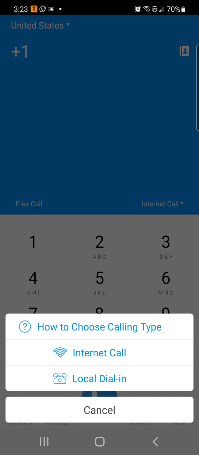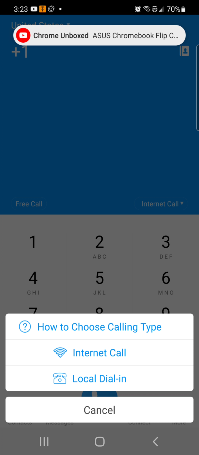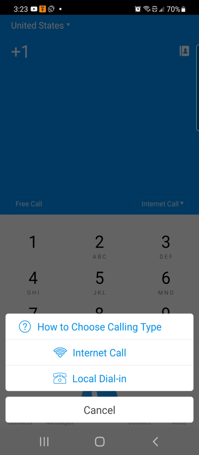You can do local dial in, which will give you a code to use your native dollar. But just remember, if you're not on unlimited talk and text already with your cell phone provider and your carrier, it will go against your minutes for those that are still on minute plan phones. I guess somebody like TracFone, and maybe FreedomPop, maybe. I think they're like the only ones with limited